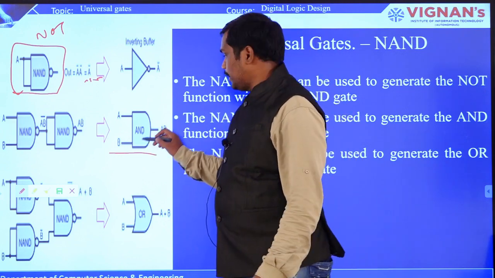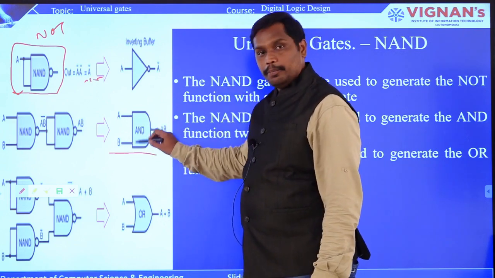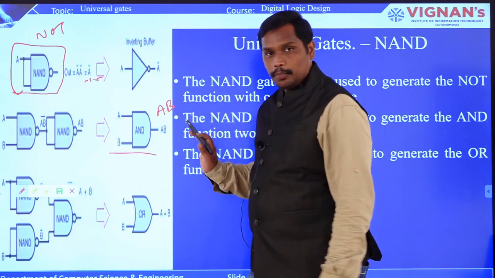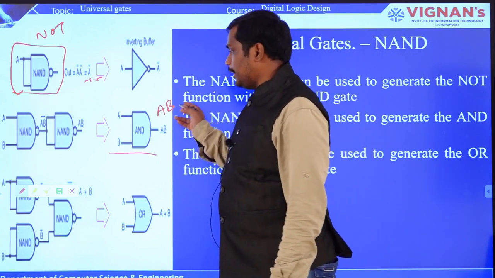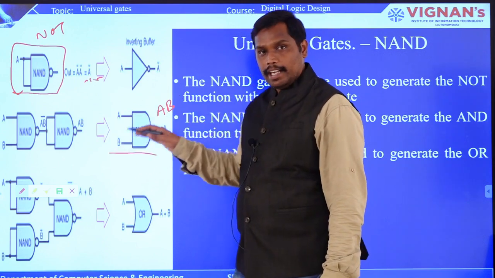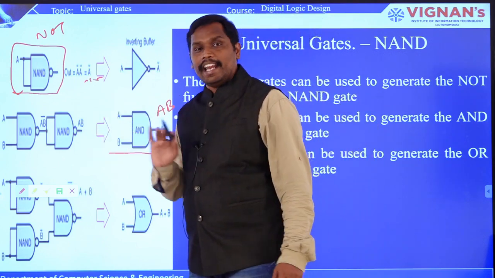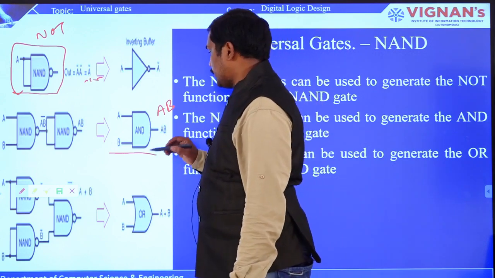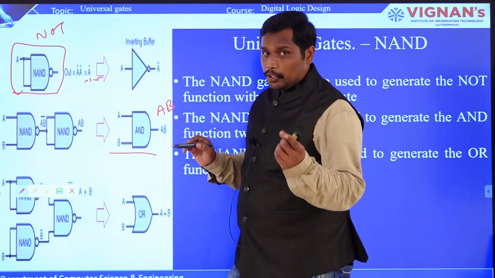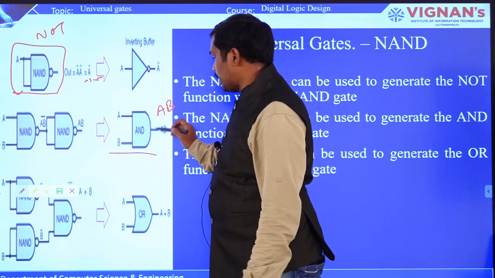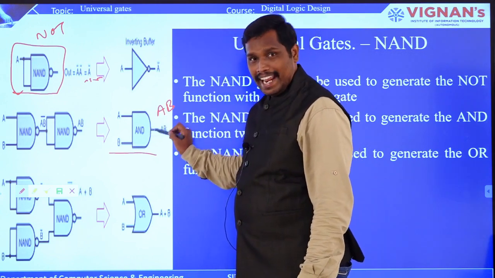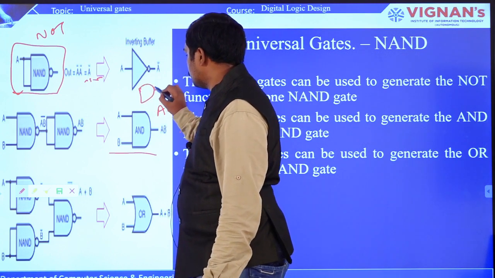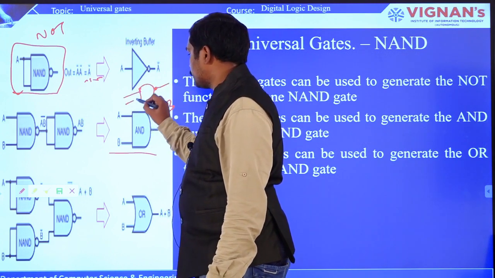So here you can see that AND is having two inputs A and B, and you are getting AB as the output, right? So now with this AB you should get the output in such a way that... how many NANDs you have to use? For example, as I told you, the alternative symbols will be something like this if you want to use NAND. So how are you going to use NAND? This is the NAND, right? So these are the inputs.